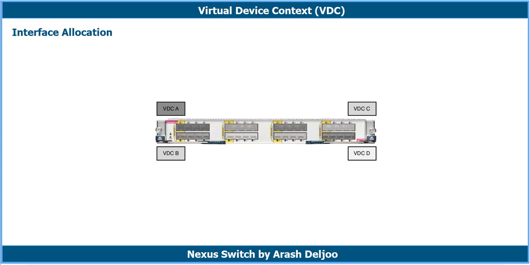About the interface allocation, the only thing you can assign to a VDC are the physical ports. At the beginning and before creating a VDC, all interfaces belong to the default VDC. After you create a VDC, you start assigning interfaces to that VDC. A physical interface can belong to only one VDC at a given time. But when you create a shared interface, the physical interface belongs to one Ethernet VDC and one storage VDC at